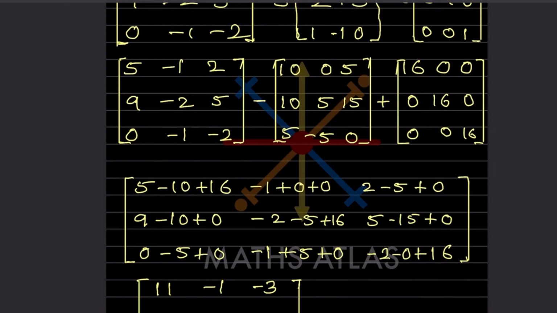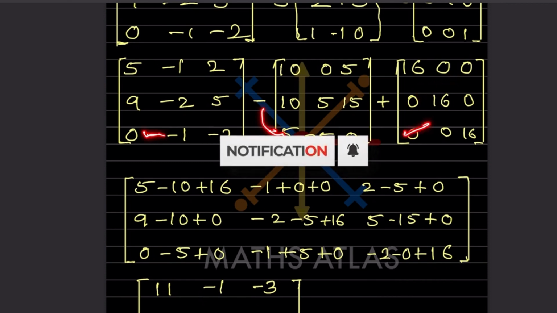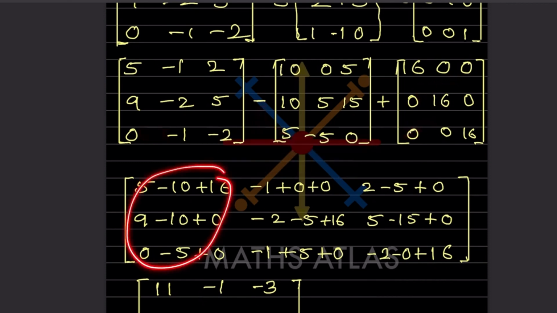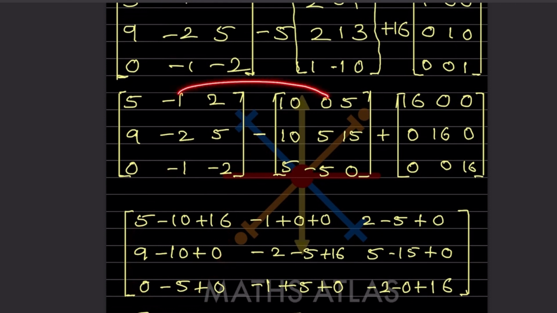Now you will take this one. This is minus. So you will take here 5 minus 10, and this is plus 16. So here we will go 9 minus 10 plus 0. Then from here 0 minus 5 and here 0. So this is completed. Now for this one, minus 1, 0,